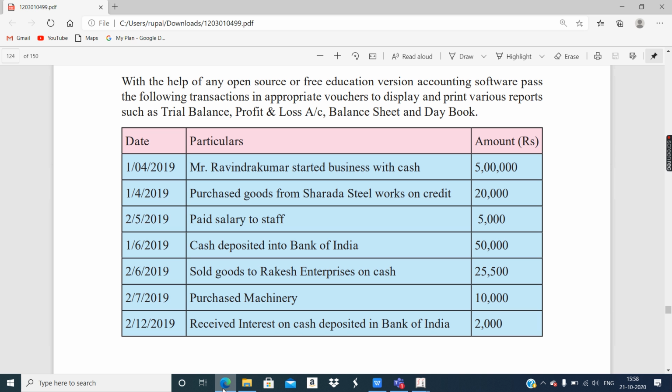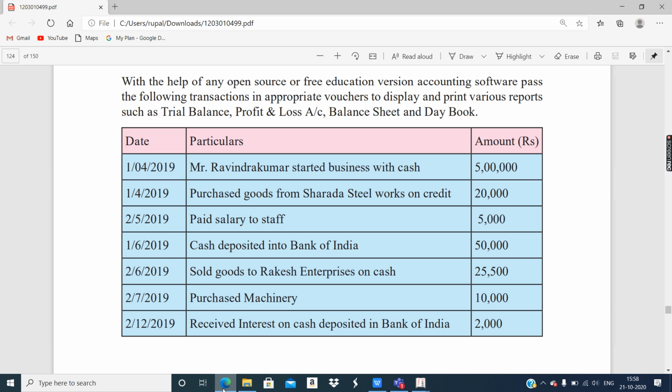So who will get debit? Who will get credit? Rakesh Enterprise is giving money, so Rakesh Enterprise will get credit, and our cash account, that means Bitwise Trading cash account, will get debit. Understand the flow of the cash. Rakesh is giving money, so Rakesh will get credit.